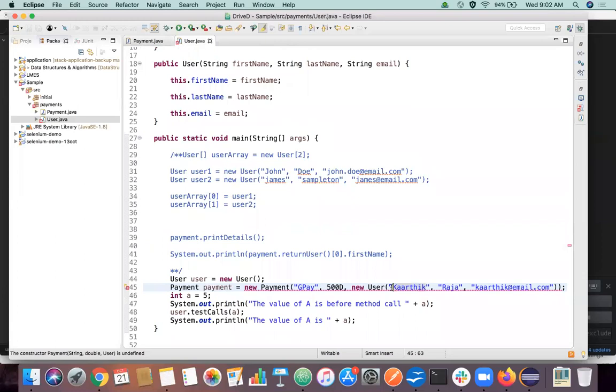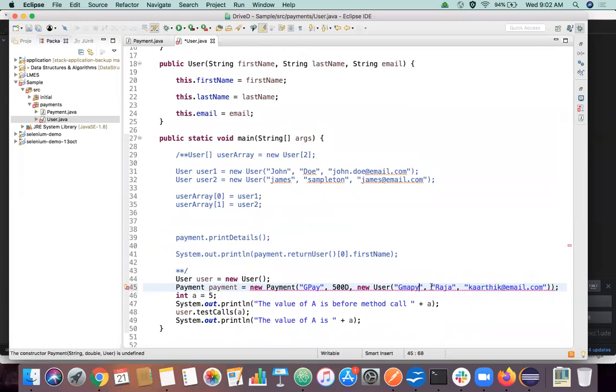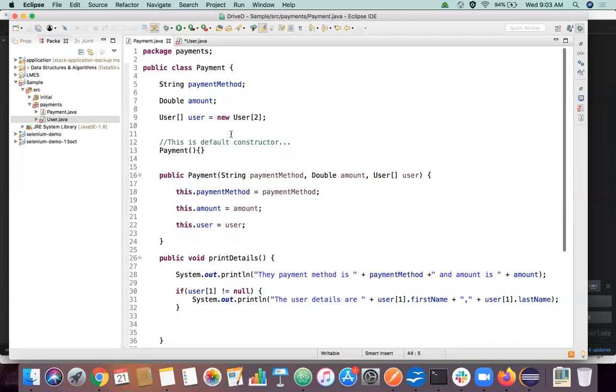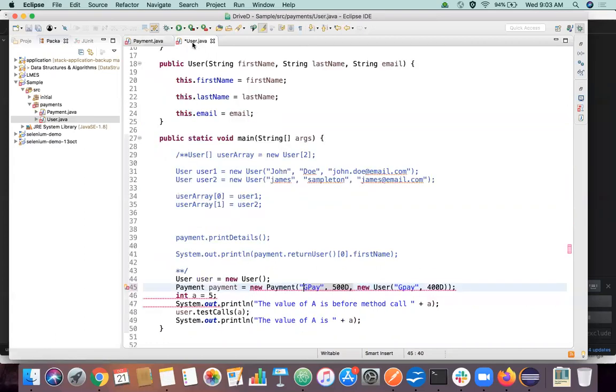Payment method is GPay and amount is let's say 400. Oh, it's user. Sorry for the confusion. It's a user.